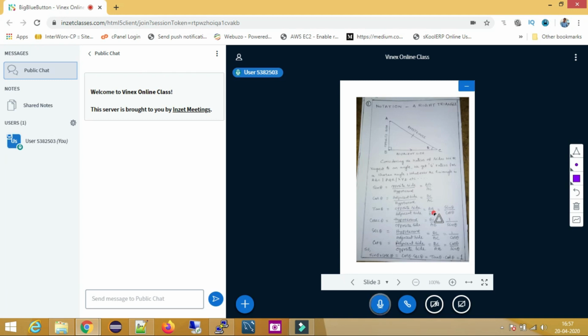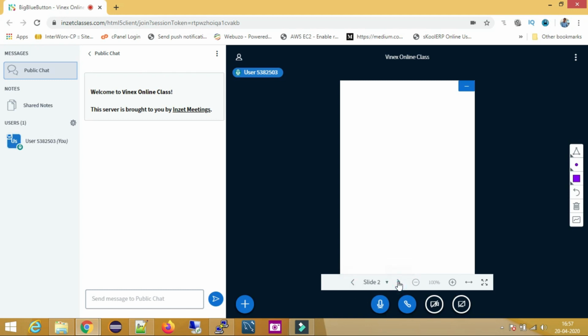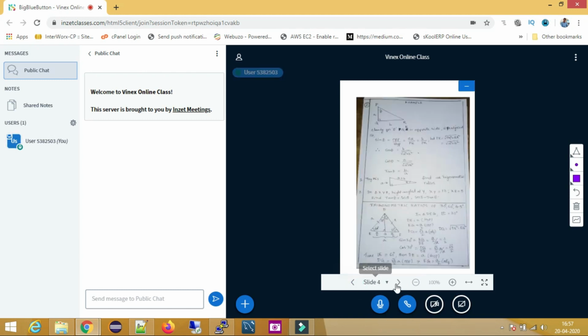Initially you prepare a Word document, PDF document, PPT or images, whatever it is. It is better to prepare a Word document, PDF or PPT so that you need not upload images every time a topic is over. Better to prepare one document with all the images so that you can continue the lecture by going back and forth.